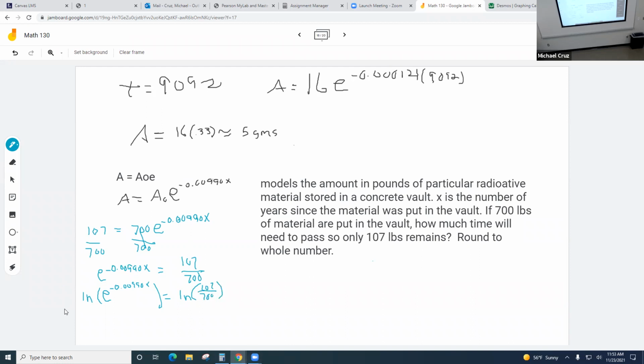All right, so then this is going to pop out and it's negative 0.00990x is equal to the ln of 107 over 700. So we'll come up here. X is equal to